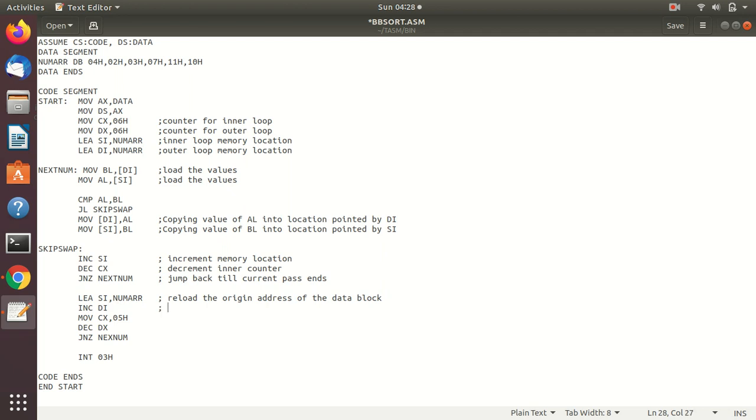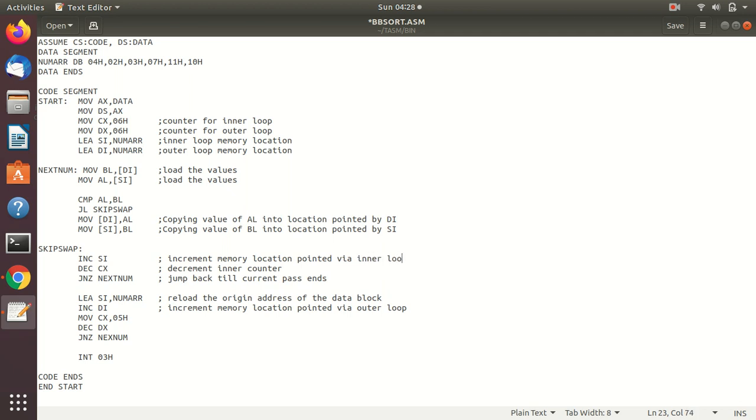So increment the memory location pointed via outer loop, or you can say pointed via inner loop.